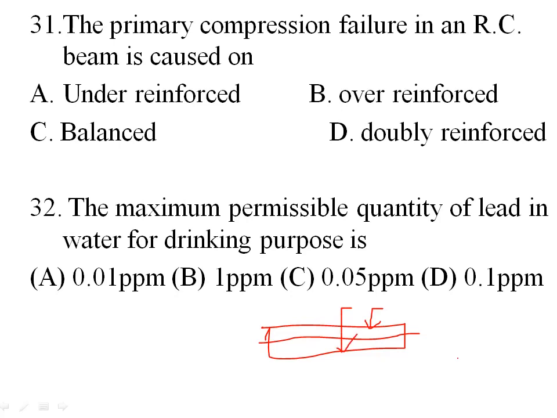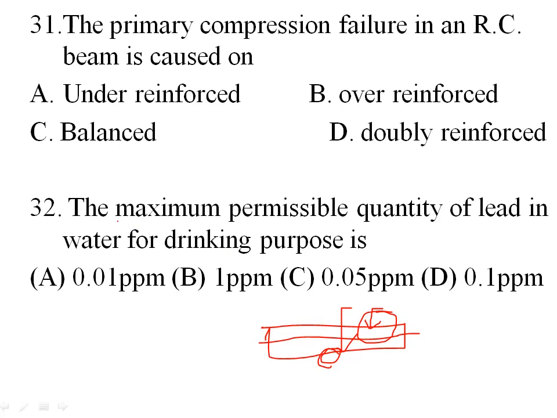Over-reinforcement means Xu is greater than Xu max. Concrete fails on the application of the load on the beam before the yielding of the steel. Under-reinforcement means Xu is less than Xu max. Tensile strain reaches the yield value before strain in concrete.